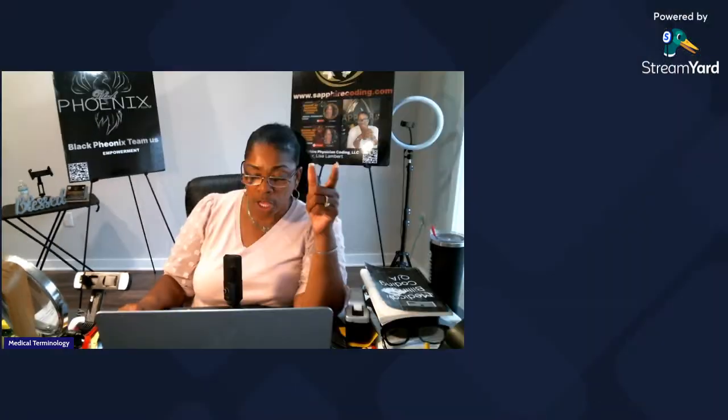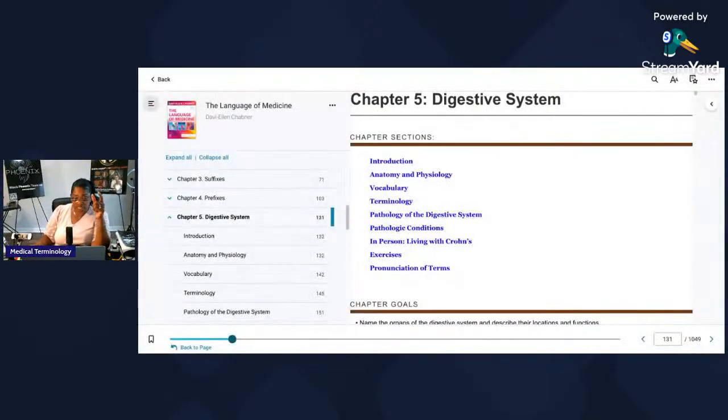Chapter 3, remember, you're not going to do. I just wanted to go over that because I wanted to show you some of the things in this book. And that's basically what this class is about. Even though you guys are going to do chapter 1 and chapter 2, I still want to show you what's in this book. And look, I'm going to show you this right here because I want you to see how this book coincides with your CPC guide.